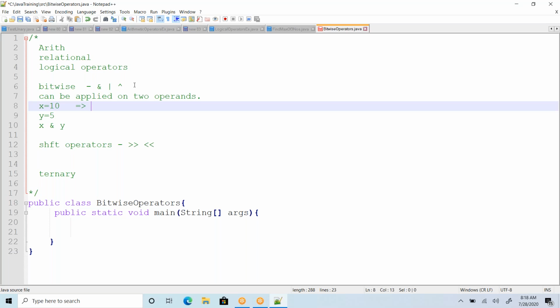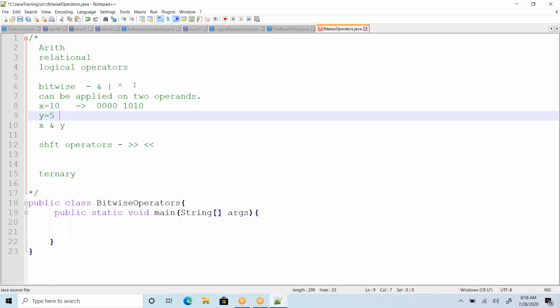When I say binary format, what is the equivalent value for 10? It's 1010, and we represent it in 8 bits format, 0000 1010. And the equivalent number for 5 should be 0101.